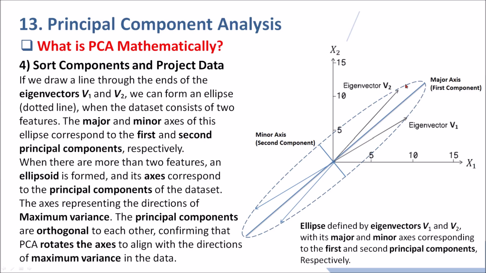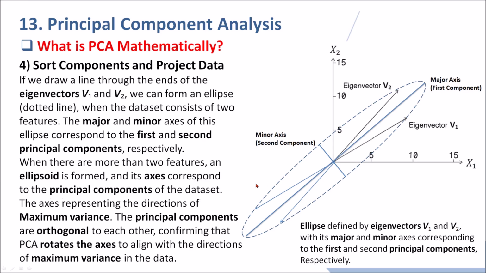We just formed this ellipse. The major axis of this ellipse corresponds to the first principal component, and its minor axis corresponds to the second principal component. This is very important. Here we have only features x1 and x2. If we have more than 2 features, an ellipsoid is formed and its axes correspond to the principal components of